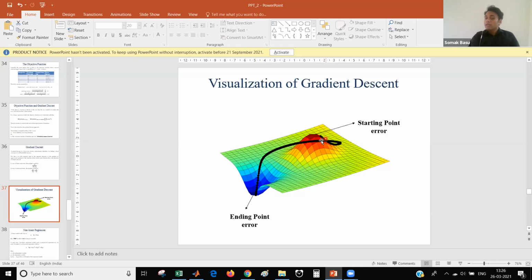To descend the hill in such a way that your error keeps decreasing and reaches the minimum value as soon as possible, in as few iterations as possible. So this is the visualization of gradient descent. Okay, what does gradient descent mean? It means nothing but continuously reducing the errors as you keep increasing the number of iterations for the machine learning